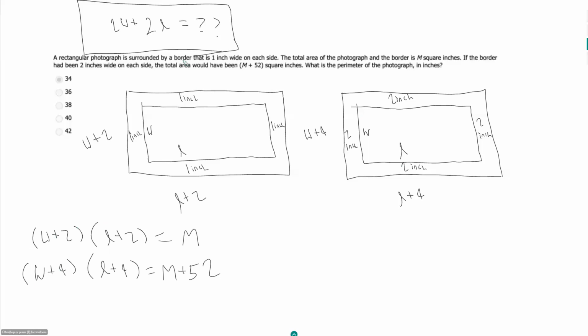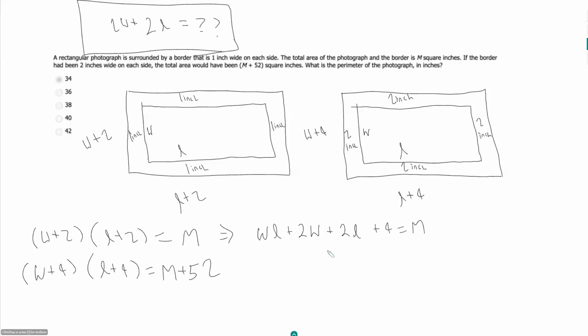So now, when I solve these, I'm not necessarily looking for W and L. I'm trying to find 2W plus 2L. That's why I always like writing out my question early on, so I know what I'm looking for. So let's see if we can do that. If I distribute this top guy, what do I know? I know WL plus 2W plus 2L plus 4